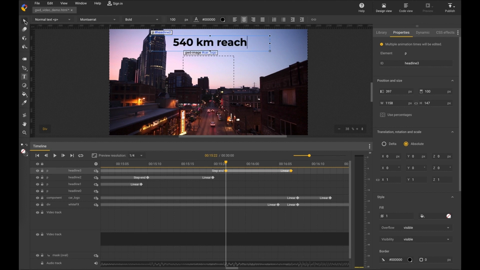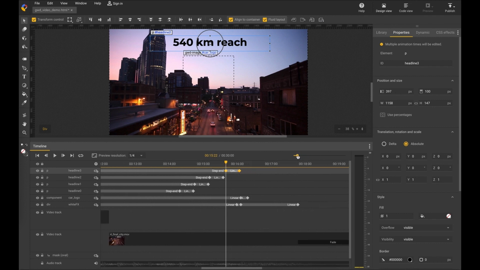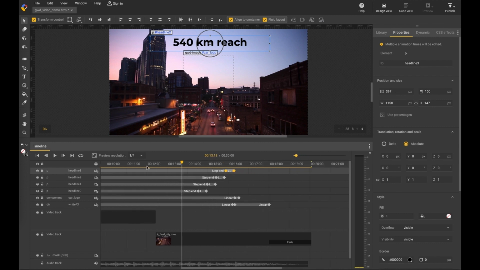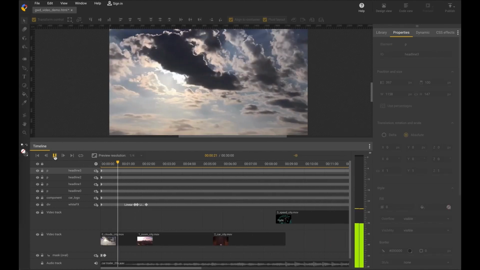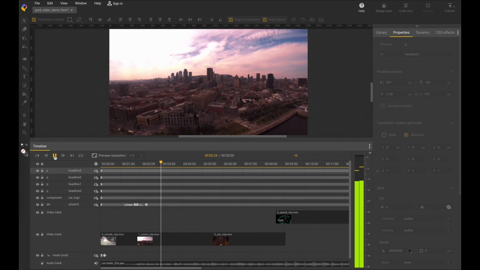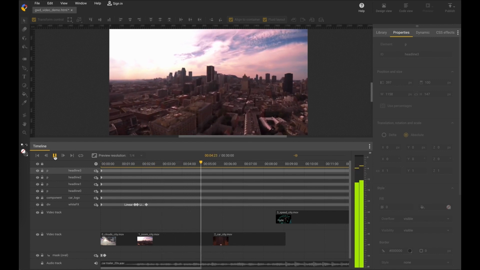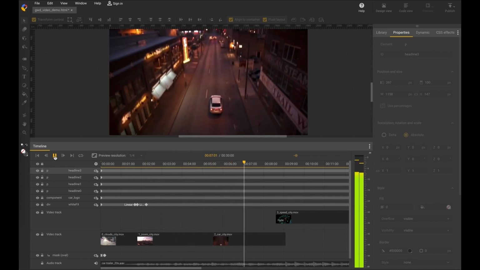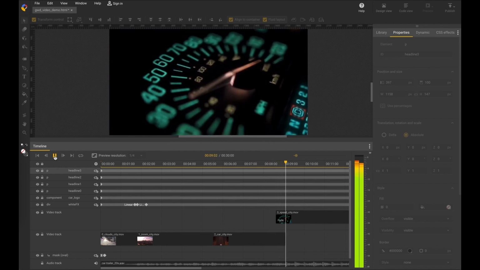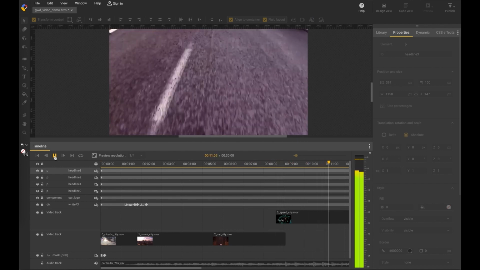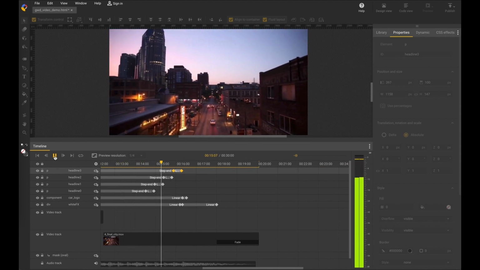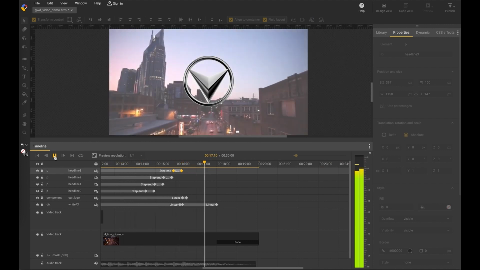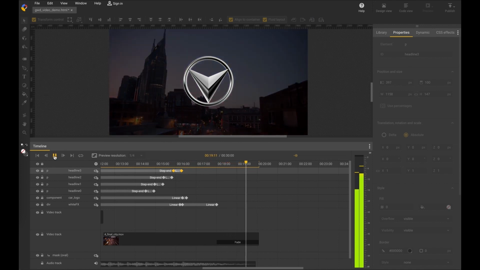Yes, and I think then it's time to preview it. Let's have a look at the full timeline here. Go back and preview. Good, right. Fading. Good.